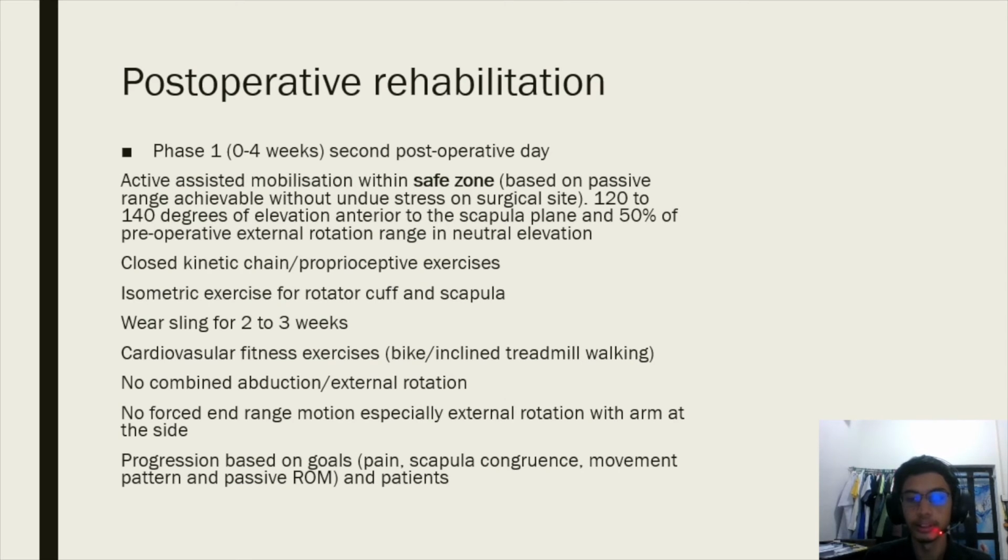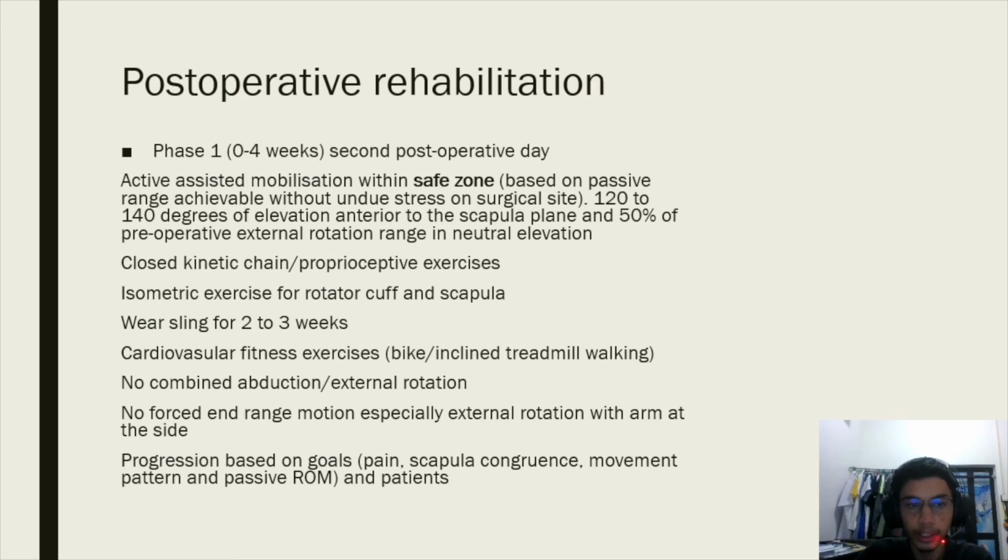Okay, so this is the accelerated postoperative rehabilitation procedure. First is phase 1, 0 to 4 weeks, started at second postoperative day. Active assisted mobilization within safe zone based on passive range achievable without undue stress on surgical site. 120 to 140 degrees of elevation anterior to the scapular plane and 50% of preoperative external rotation range in neutral